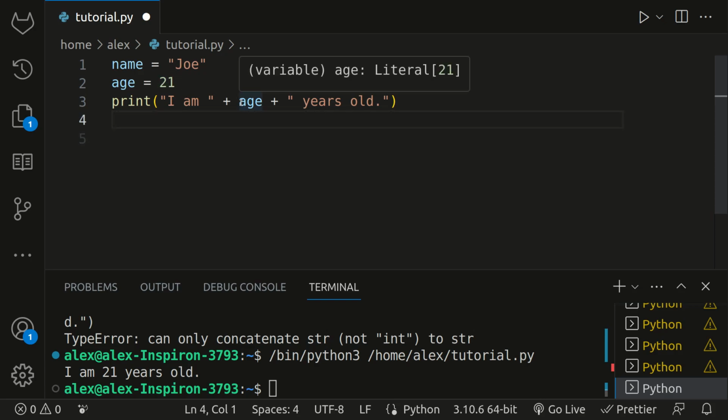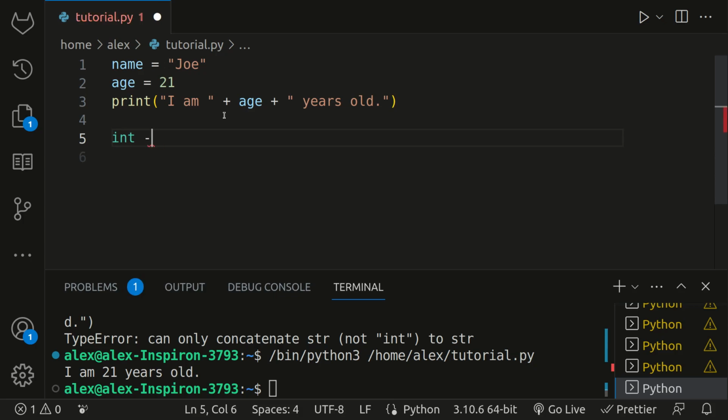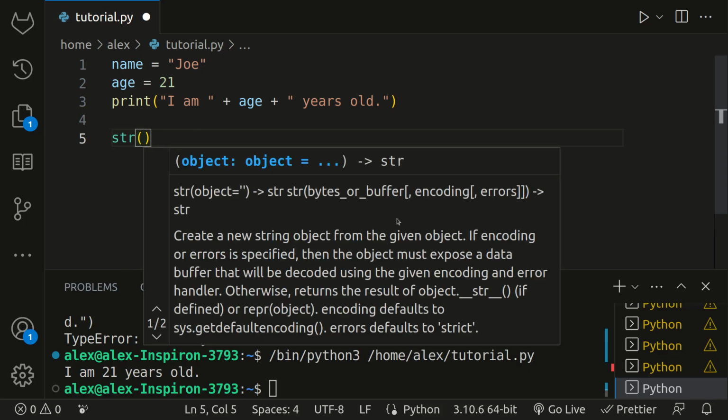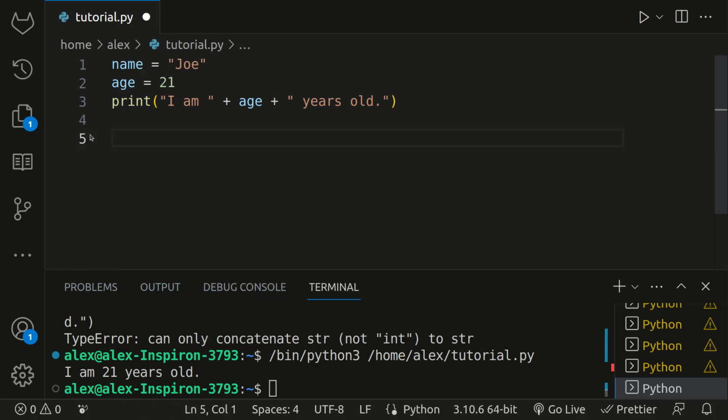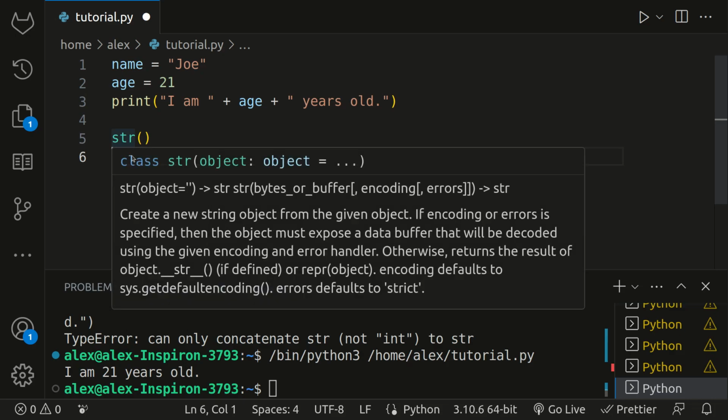So if we wanted to do something like that, we can't just do a string there. What we'd have to do is convert this to a string. So in Python, ints can always be converted into strings. If you want to convert an integer to a string, you just do str and then whatever the int is inside it. So str is a function, just like print. Print actually prints stuff to the console over here, but the function str doesn't print anything. It returns something. You learn more about that later in the course,